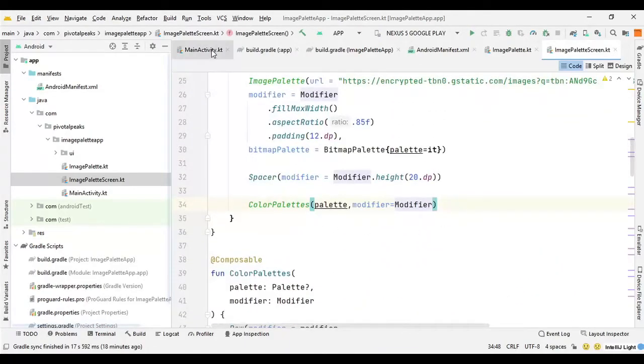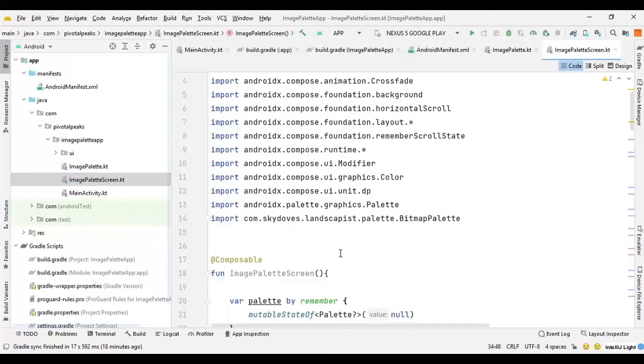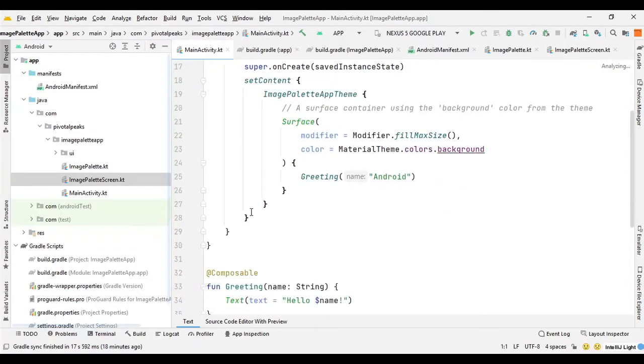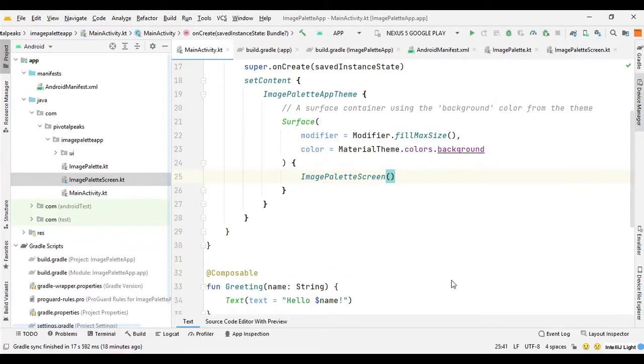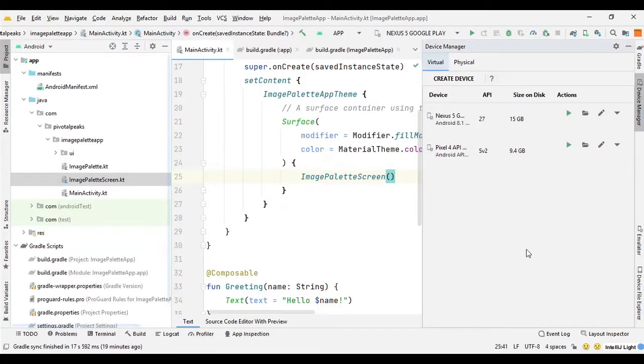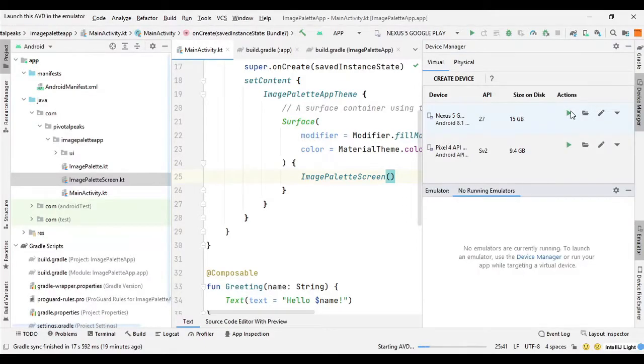But before that we need to call this image palette screen in our main activity. So let's do that. So we can remove this greeting function here, and we can call our image palette screen, and let me start my emulator. So I will go to the device manager, and let's start this emulator. So I will come back when the emulator is ready.